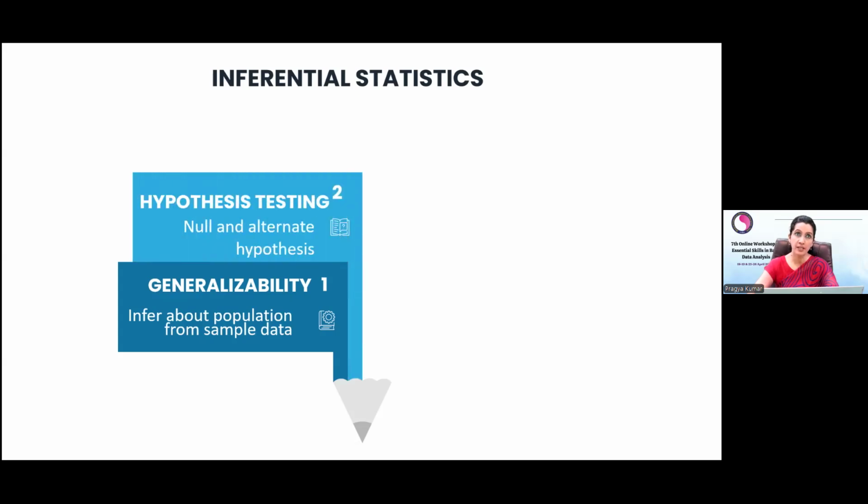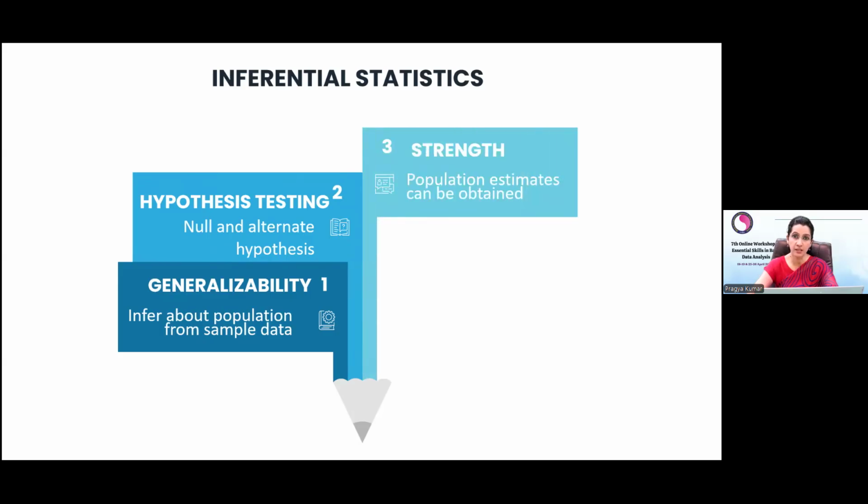And in inferential statistics, you do hypothesis testing. So the null hypothesis and the alternate hypothesis, that is about hypothesis testing. In hypothesis testing, you frame a null hypothesis, and when you reject the null hypothesis, or you fail to accept it, then you say that your alternate hypothesis is right. So that hypothesis testing is done in inferential statistics. And